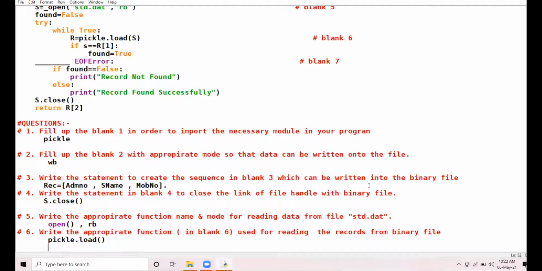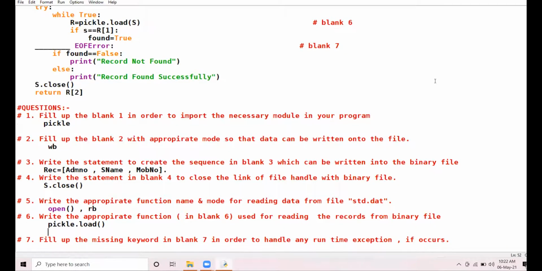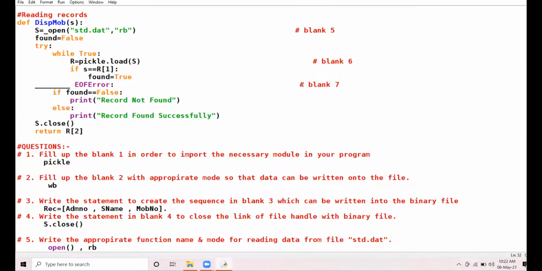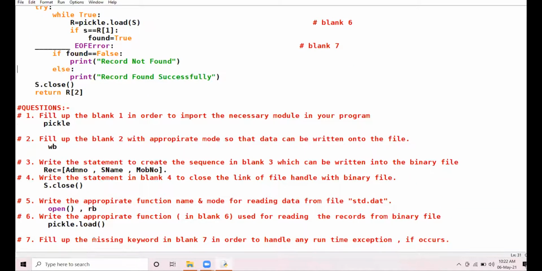All right. Then we come to the last blank, blank number 7. Fill up the missing keyword in blank number 7 in order to handle any runtime exception if it occurs. Yes, Abhishek, unmute yourself. Sir, except.